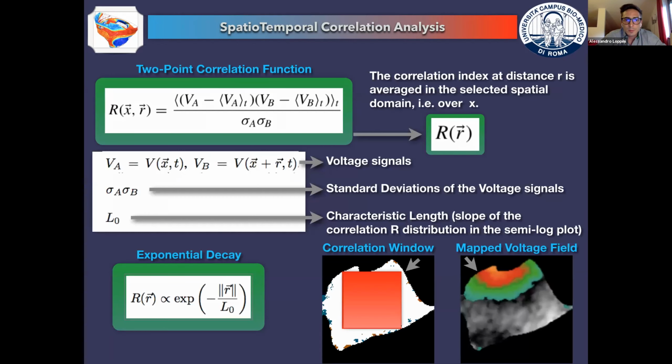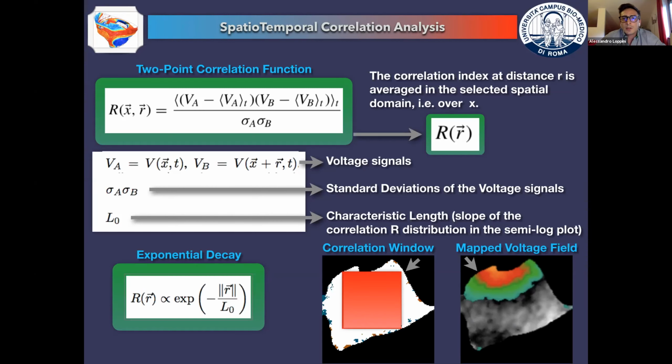So with these premises, both on the experimental maps and on the simulated maps, we performed a spatiotemporal correlation analysis. In this case, for each frequency along the restitution protocols, we investigated a square box within the mapped field and the simulated field. Within this box, we computed a 2-point correlation function, taking into account every point in the domain. So in every calculation within the box, we select each point and evaluate its correlation with all the other points within the domain. We perform this computation for all the points contained in the box.